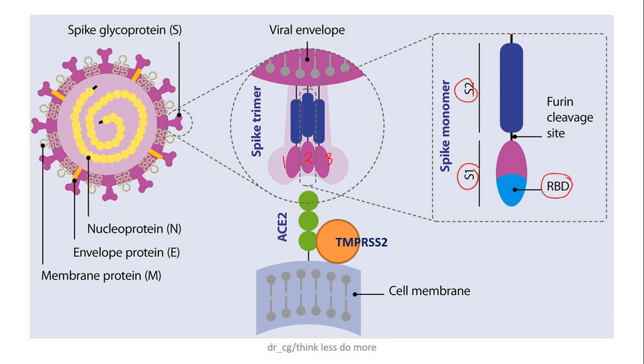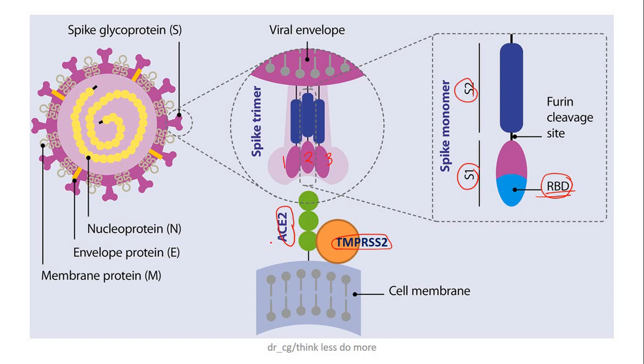When the virus enters the human body, it goes through the respiratory tract and reaches the alveoli in our lung, and enters the human cells. For this process to happen, the RBD, the receptor binding domain, is the main part of the S protein, which binds with the ACE2 receptor on the alveolar cells of the lung. After this attachment of the RBD with the ACE2 receptor, TMPRSS2, meaning transmembrane protease serine 2, makes the entry of the virus inside the cell.